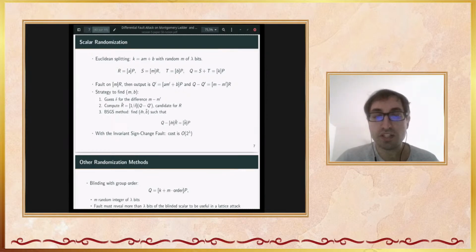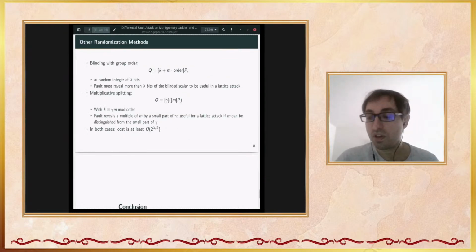So it is very useful for lattice attacks in ECDSA, because then the only part that is unknown is the quotient. And in the case where k is a fixed private key, then we can use the Chinese remainder theorem by attacking other scalar multiplications. I'm not sure I will have too much time to address the other randomization methods, but it is explained in the paper. So we can still attack the blinding with the group order, which is a classical countermeasure,